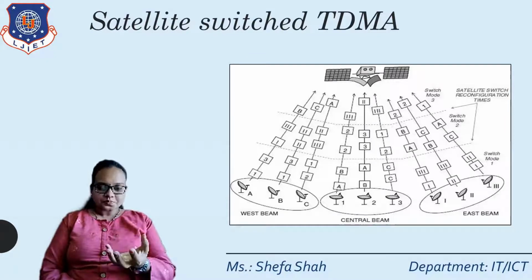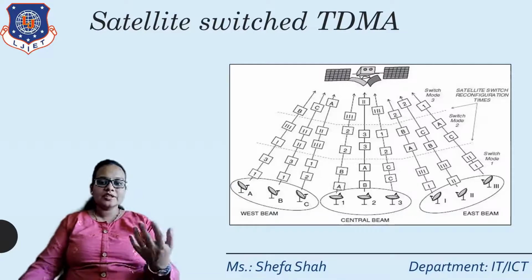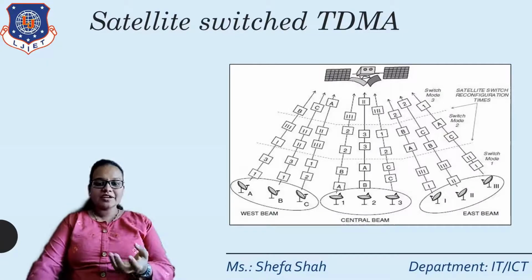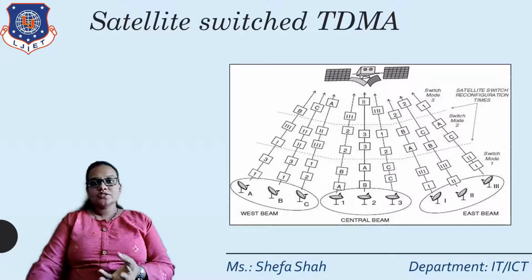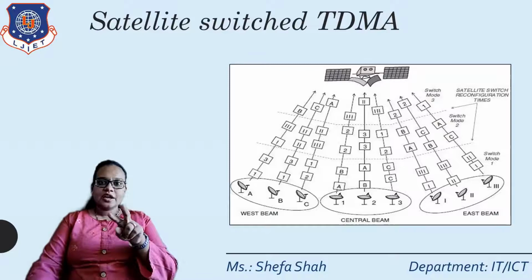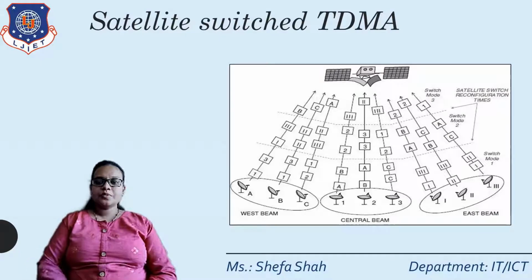Whenever these earth stations need to communicate with each other, they request a time slot on which the transmission can take place. That particular time slot is allocated to both users, through which the transmission and receiving occurs between the earth stations, and the particular transmitting and receiving antenna beams are allocated to these earth stations so that the transmission is possible.